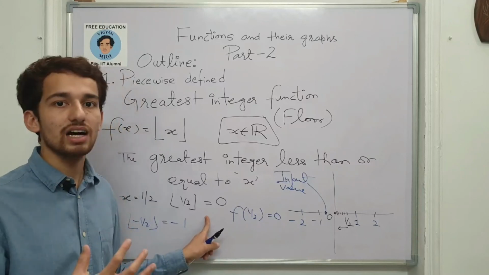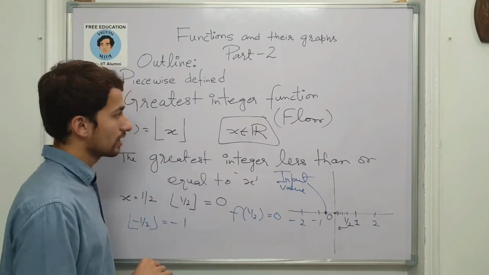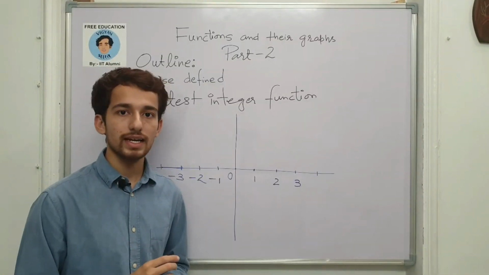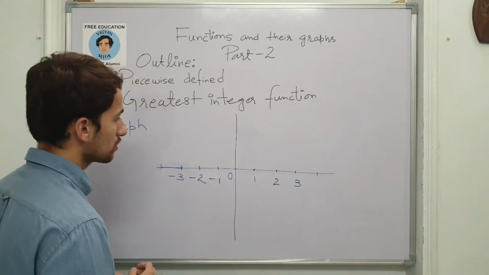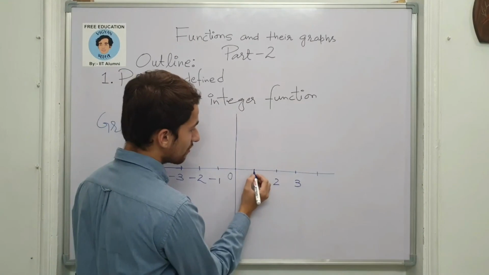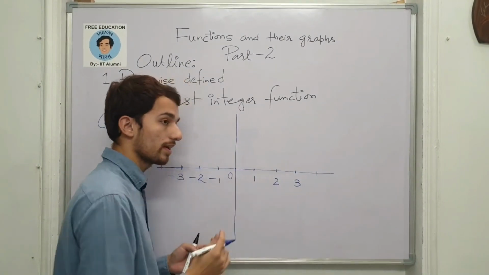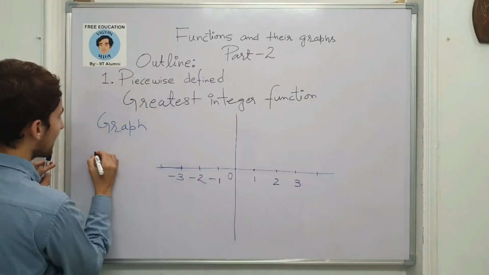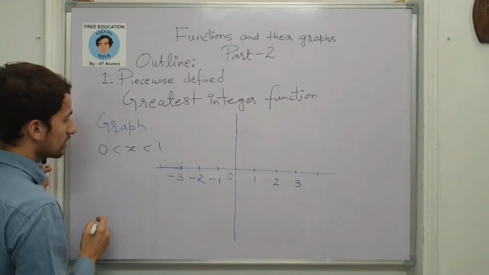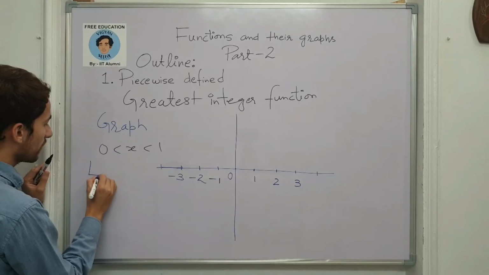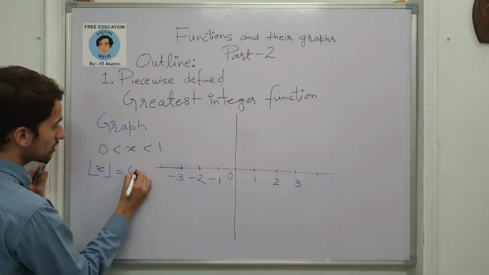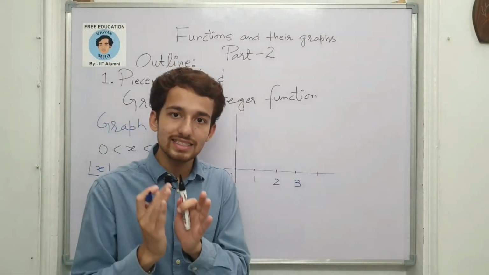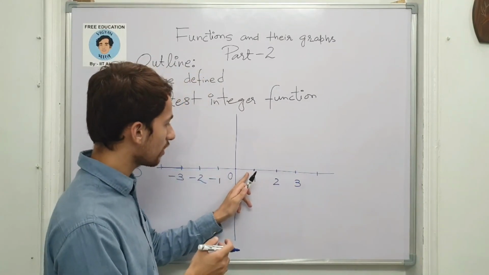We're now going to sketch its graph entirely on the real number line. So let's move ahead. We're going to plot its graph now by substituting some values from its domain and identifying the corresponding images. If I choose a value less than 1 and of course greater than 0 for the time being, if my x lies between these, then whatever x I choose in this particular case, the output is 0 always. If I choose my x to lie between 0 and 1, the greatest integer less than or equal to any value here, the output is 0 itself.